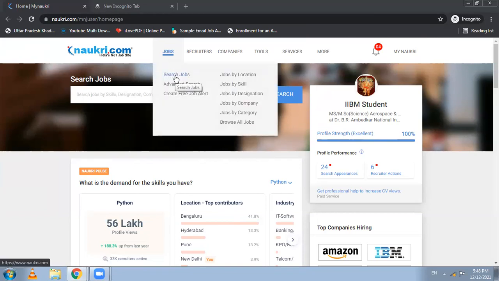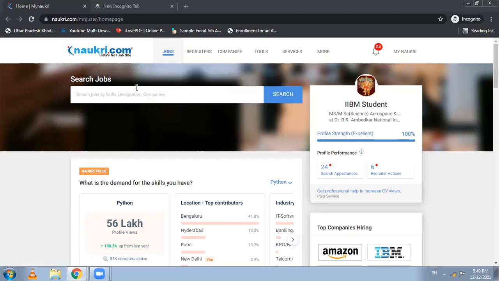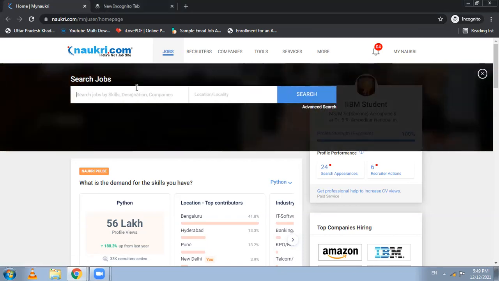Sir, in selecting the job locations, we should select general, because nowadays there is work from home in the IT sector. So we should select any big city in India, or some nearby cities. No, since things are going on in virtual mode, you can simply leave the location column blank, like I'm doing here.